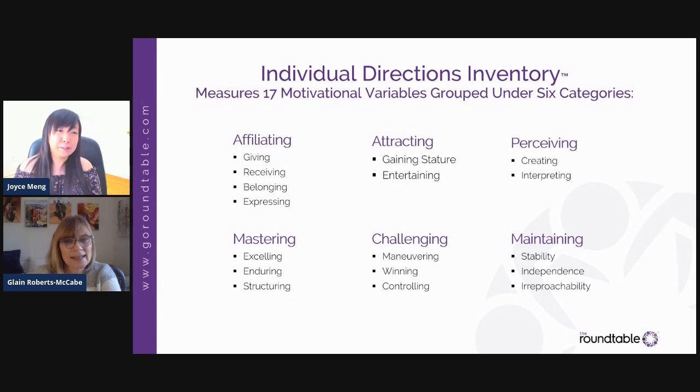Yeah, one of the things that I've noticed, because I work with a lot of senior executive teams, and if I think about their profile, and I mentioned it a bit earlier, they sort of have this lower affiliating energy and these higher challenging energies, right? So they're maneuvering, winning, they often have high excelling and high enduring. And that's one of the key ingredients, right? It's this combination of not just winning, but enduring.